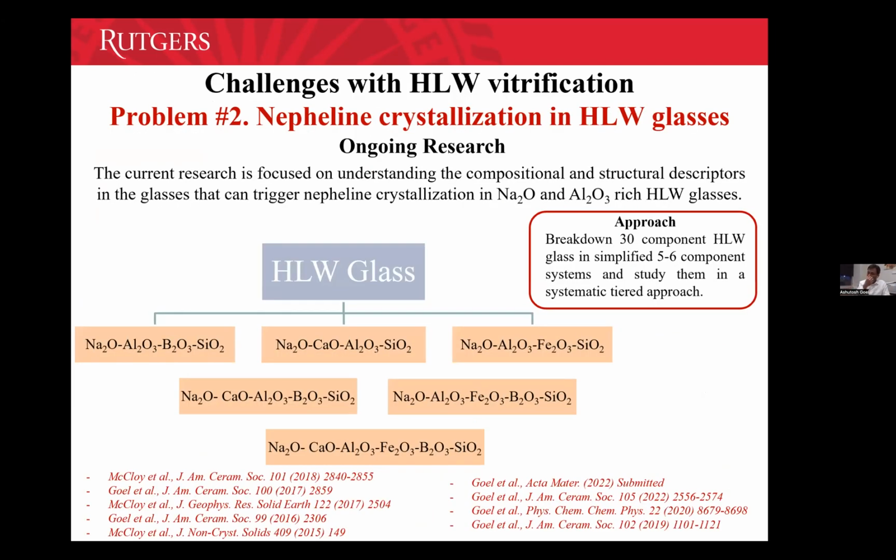So for that, we have been working in our lab on this topic for the last 10 years. And our strategy has been to start with a very simple 3-component system. From the 3-component system, we made it a 4-component system, then a 5-component system, then a 6-component system. And that's how we are increasing the complexity. And we have reached a point where, you can see, all these papers over here are from my lab.